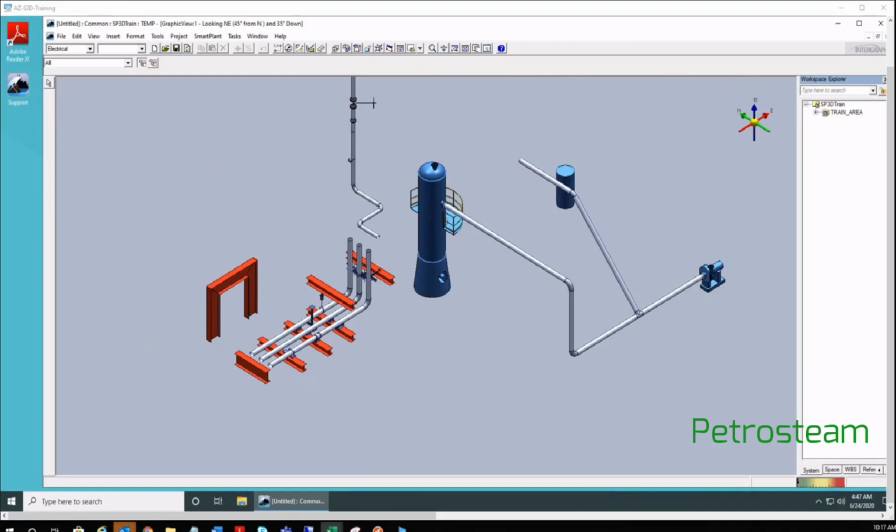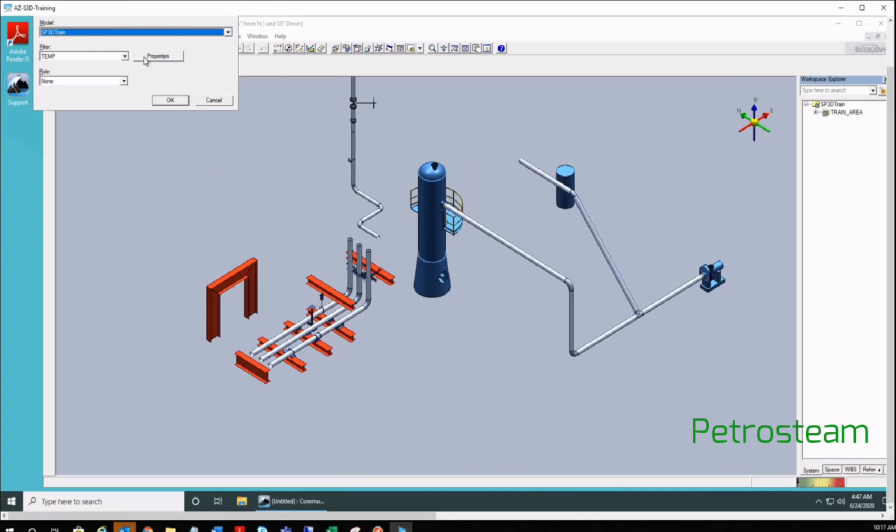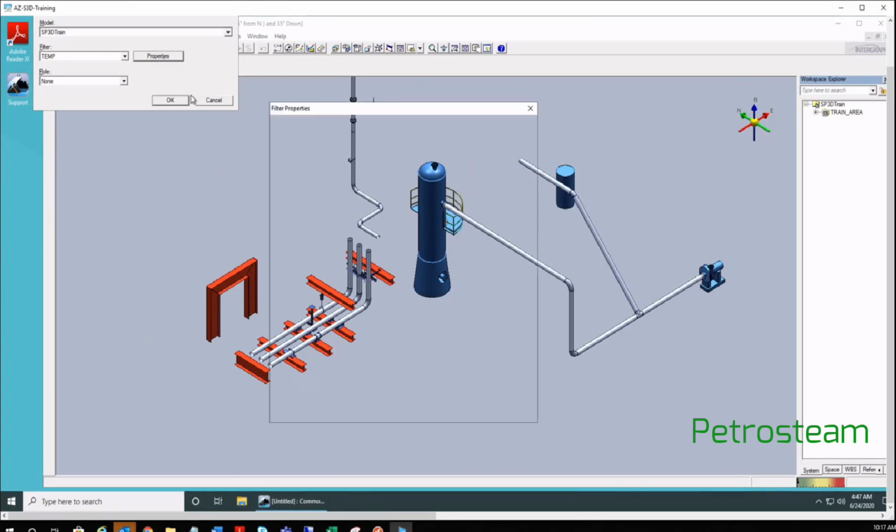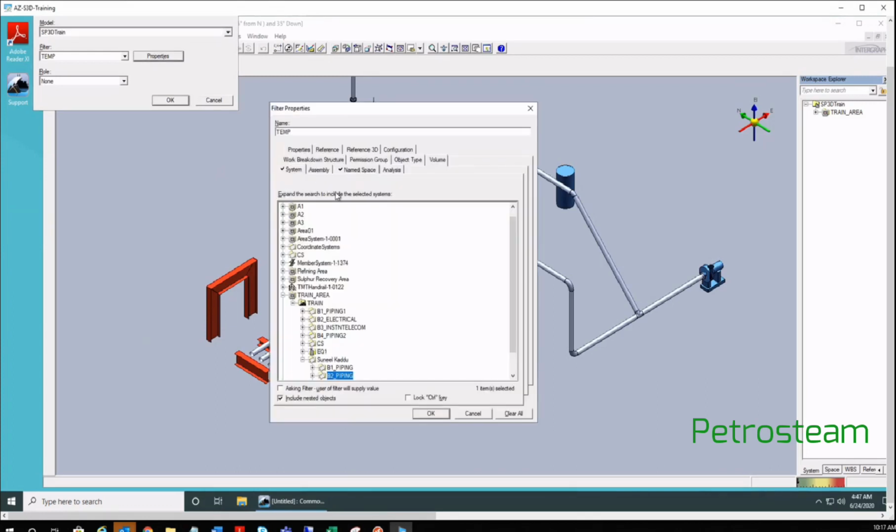Let us see some overview of volumes now, how the volumes are created. On the first day, I have shown you how to bring some volume into your filter. Under properties, if you go to named space,